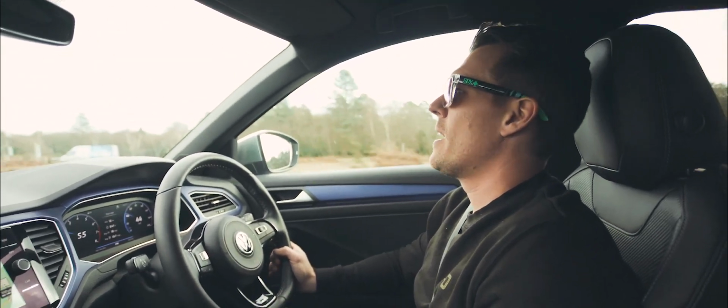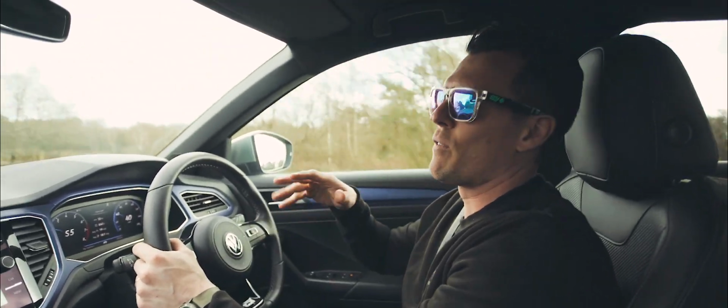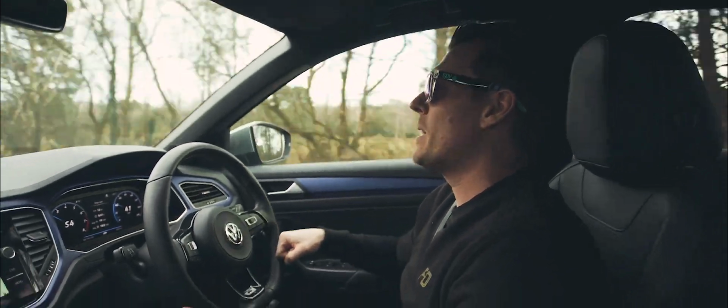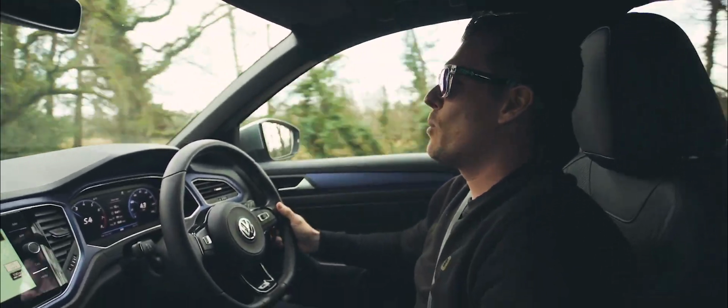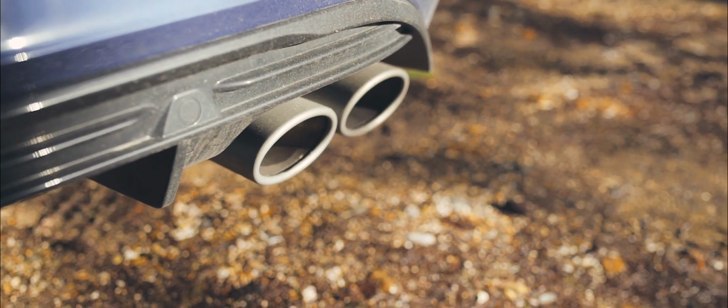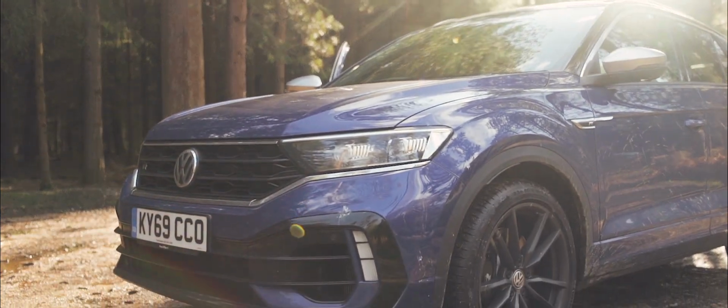So it arrived. My wife actually signed for the car because I wasn't there. Don't know if she took it for a little blast or not. She keeps that stuff secret. But I arrived back home and it wasn't exactly what I had in mind, because it's got 4 exhaust pipes, a pretty racy paint job, and a little R logo on the back. And yeah, it's a bit of a weapon. But I really like